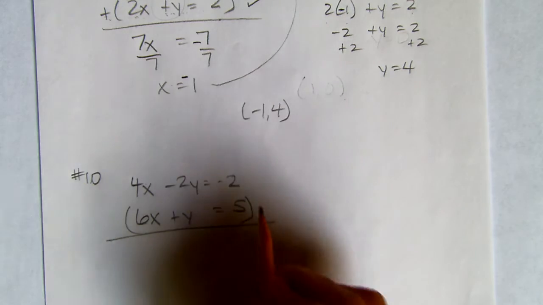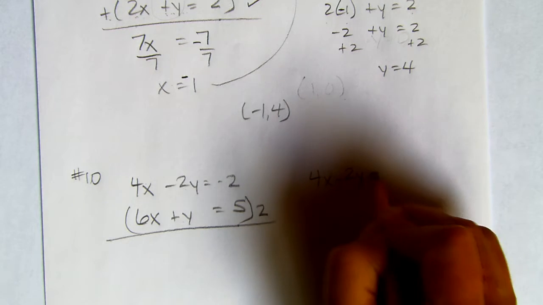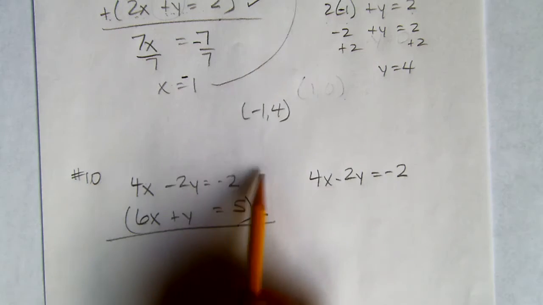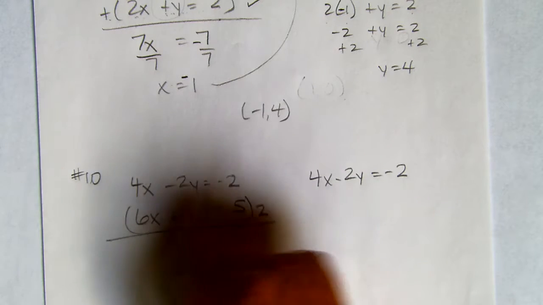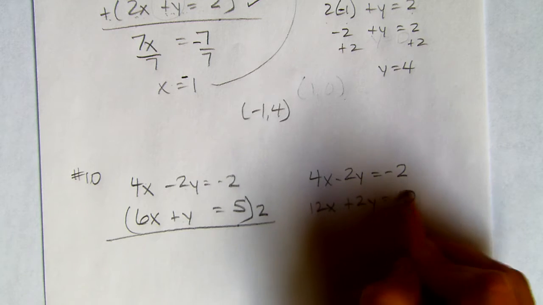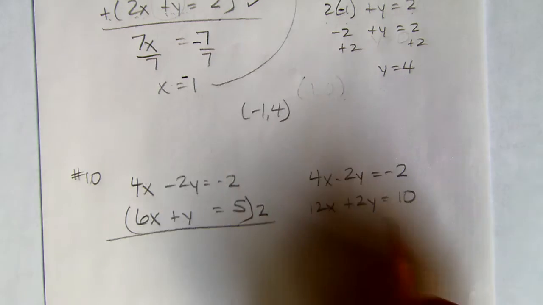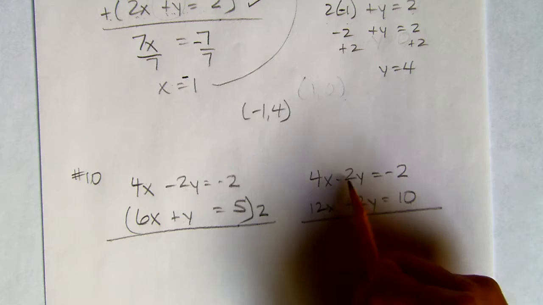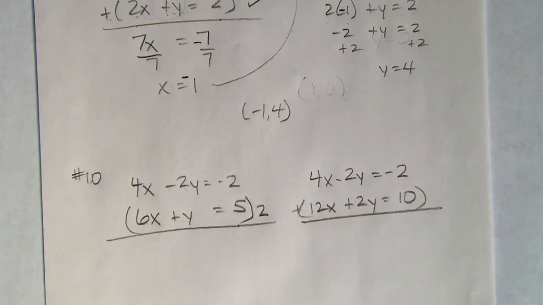Obviously, it's a little easier to multiply this one by 2. And again, you'll notice why I'm recording it the way I'm recording it. So this equation stays the same. I'm multiplying everything by 2. This is where we often make mistakes. Someone will write a 5 here, forget to do that. It's very easy. Now, again, since the signs are opposite, the coefficients are the same, I can add the two